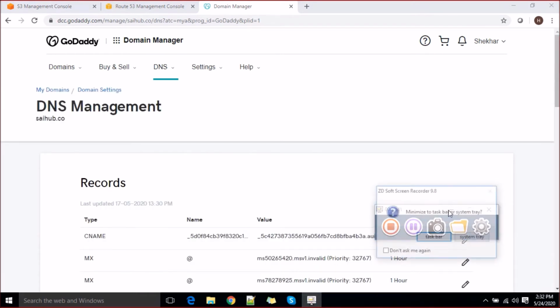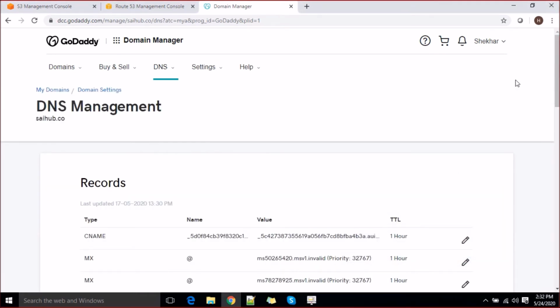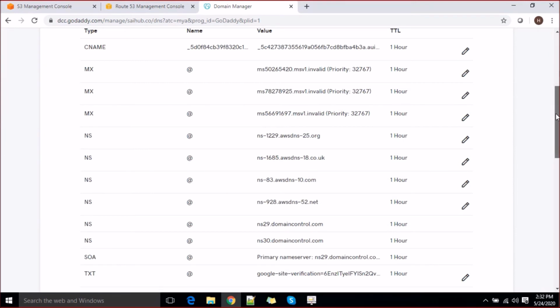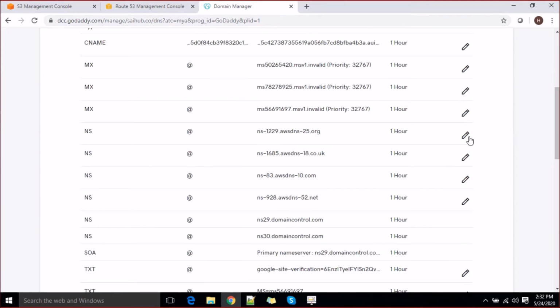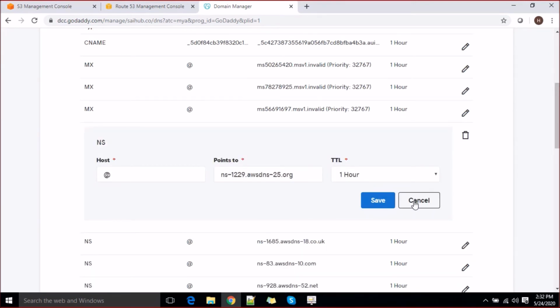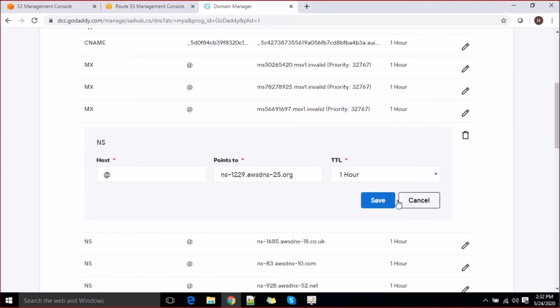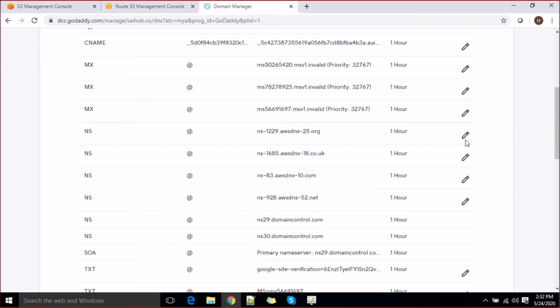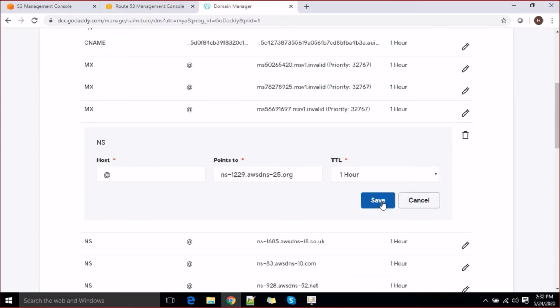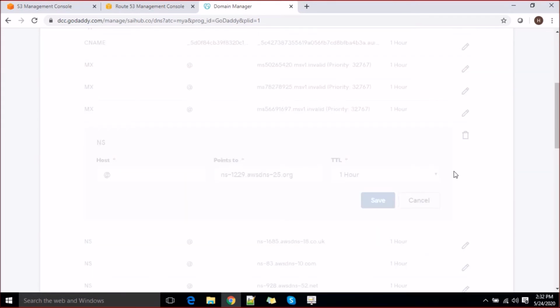So we are in the manage domain section now. Let's go ahead and remove a couple of rules and add ours. This is an NS record. This is also the AWS record.